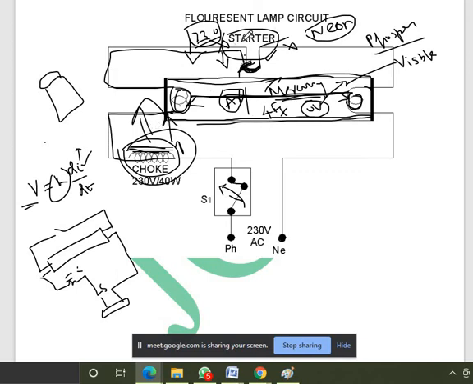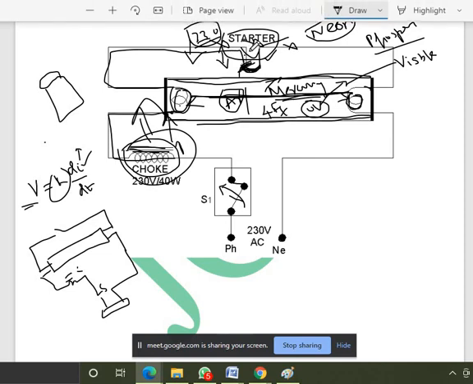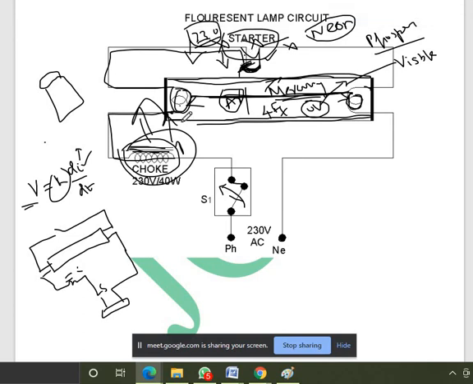So here you can remove the starter. Without the starter, you can take a bit of wire and connect it, so the tube light will glow. After glowing, you can remove the wire, and the lamp will continue glowing. Why do we need the short circuit initially? Because the huge voltage drops across the choke whenever the circuit is opened. We need that huge voltage at tube light starting time. So initially we short circuit, and then we open the circuit. During the open circuit time, the choke will create a huge magnitude of voltage. That magnitude of voltage is what we need.